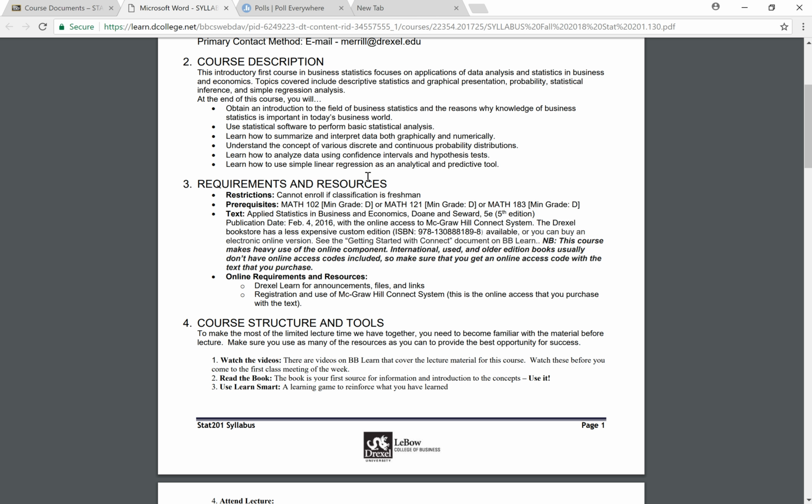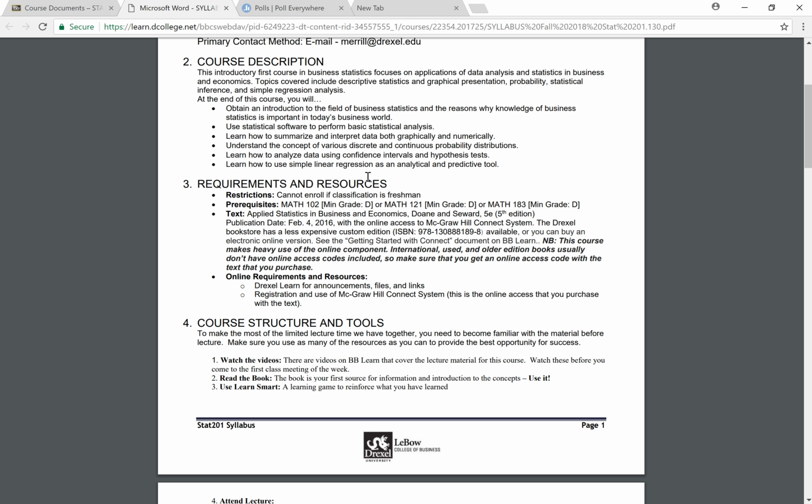But if you do have a calculator and you don't know how to use it, that's a good thing to come to my office hours and figure out. Because there's lots of different calculators out there, so I can't really in class pick one and show you how to do that one, and probably I don't know how to use your calculator, but if you come to my office hours, we can look it up and figure out exactly what you need to do in order to use your calculator.